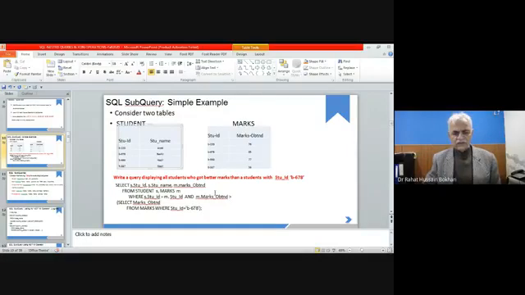In the very beginning, the inner query says that marks obtained should be retrieved from the marks table where student ID is B678. It means this inner query will give you one value. If you see within this marks table, B678 has 80 marks, so it will give you one value. And furthermore we are saying the student ID is equal to student ID.